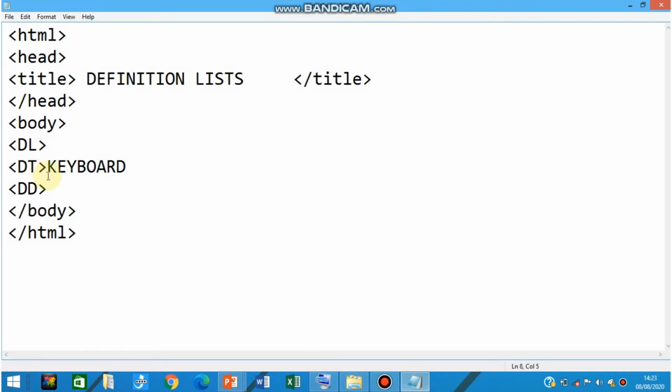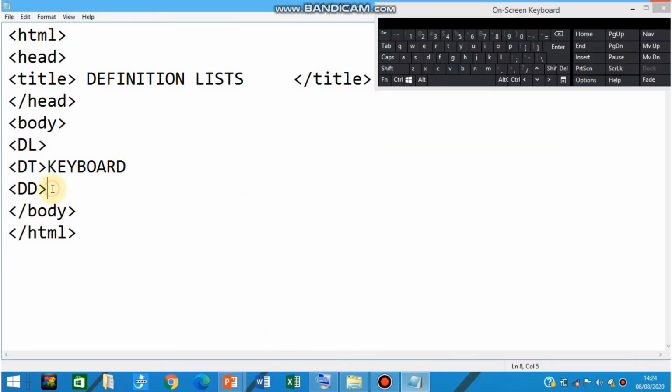Whichever terms, definition you are mentioning, first you have to mention it with DT tag. Here first term I have mentioned as keyboard. Now the description you will add with DD tag. DD stands for definition description tag. Whatever the definition is, you will mention it in the DD tag.